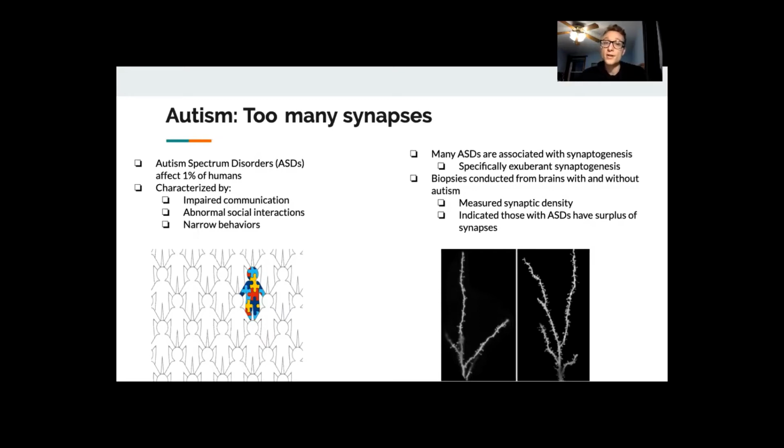Although the cause is unknown, multiple genetic mutations involved with synapse formation are associated with ASD. While synapse formation occurs throughout the lifespan, exuberant synaptogenesis occurs in early brain development. It is thought that this growth leads to some ASDs. This theory has been studied in brain biopsies of children with and without autism and showed a much greater reduction in synapses when comparing those with and without ASD.